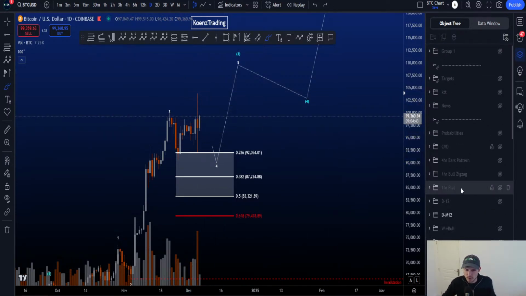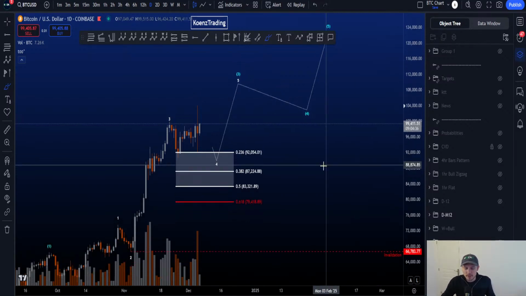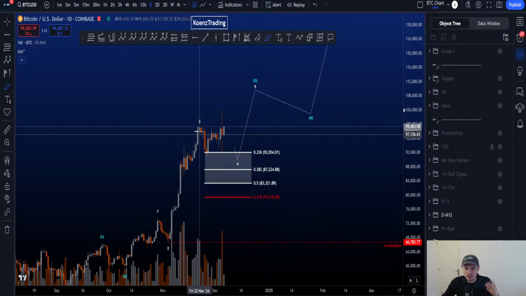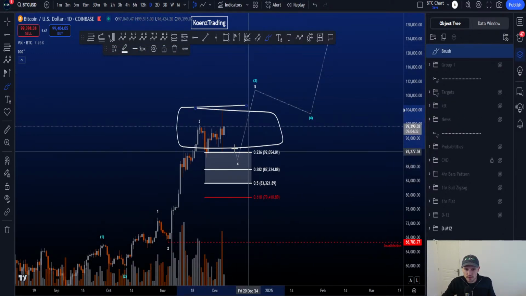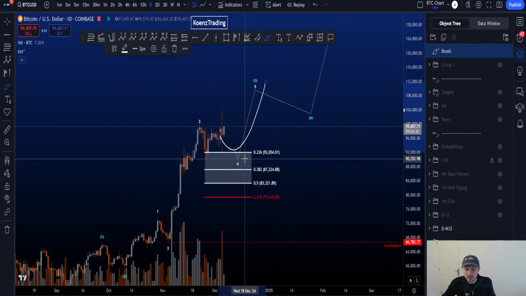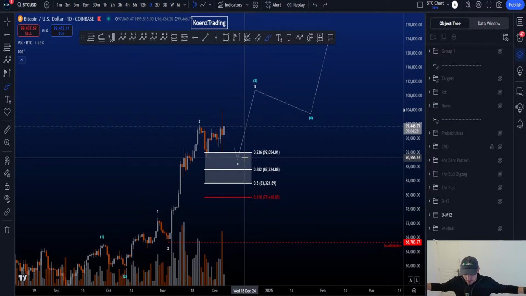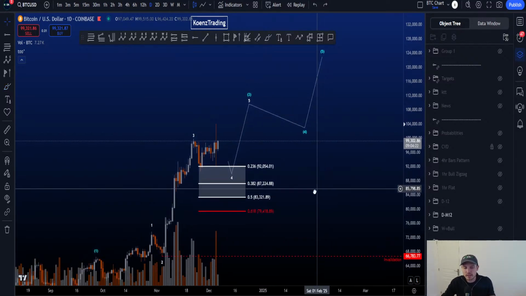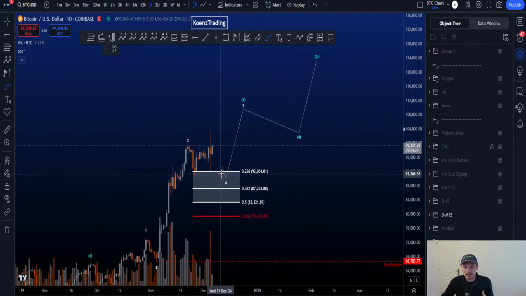More about that on the 1 hour, right? We want to keep it simple. That's also what the title is about. It's about keeping it simple. Now, the conclusion is the same, right? So the conclusion is we just range looking for 4 and then eventually 5 to the upside. In other words, we're still looking for price to move to higher prices, right? Or for Bitcoin to move to higher prices. It's just that there is the expectation of ranging for a longer period of time again.